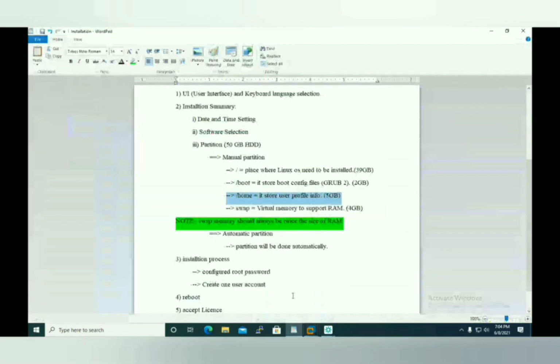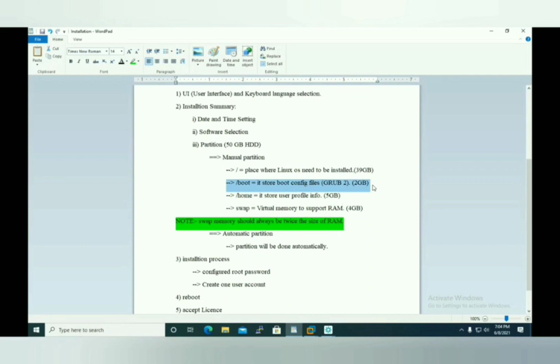Now next is what? Next I need to do slash boot. I'm starting from the bottom; I find it easy to do it this way. What does slash boot store? It stores the boot configuration file, regarding the GRUB bootloader of the Linux machine. The GRUB bootloader is always less than 2 GB and greater than 1 GB.